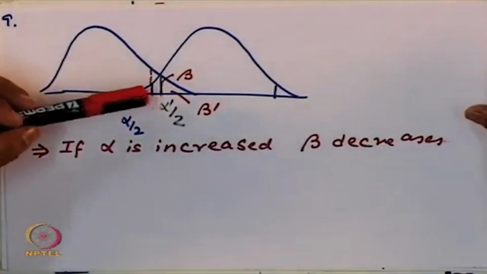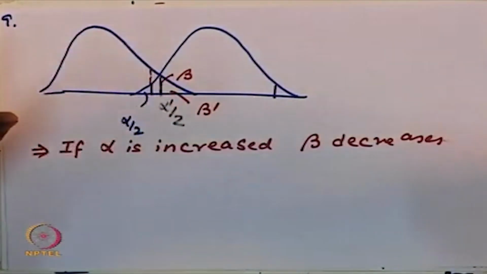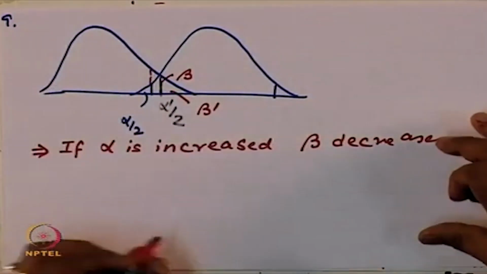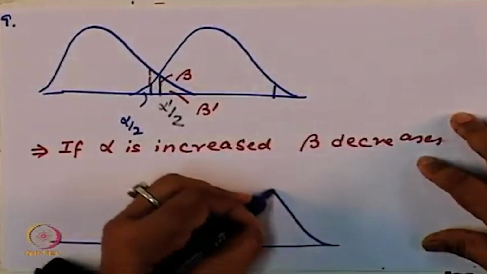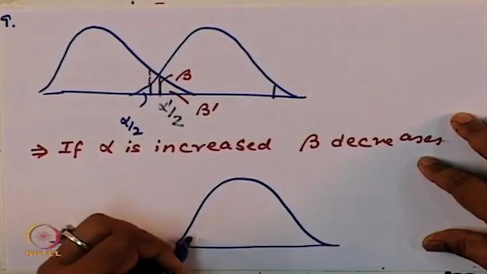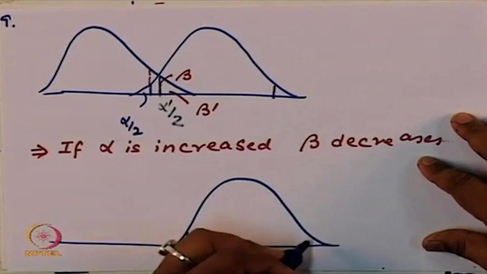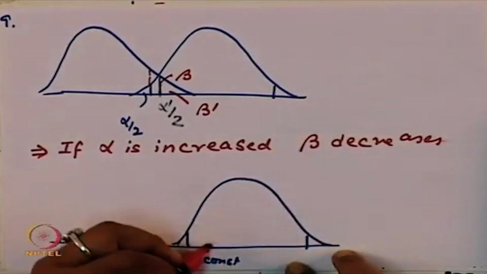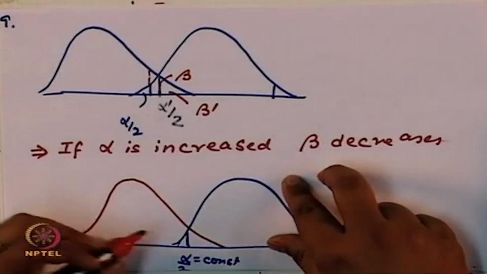But if you want to keep your alpha constant, what should be the strategy for decreasing beta? You want to decrease both alpha and beta. So if this is my curve for alpha, imagine I want to keep alpha fixed. Alpha is constant, so this is alpha by 2. This is constant. So I can draw a curve which is this one, or I can draw a curve